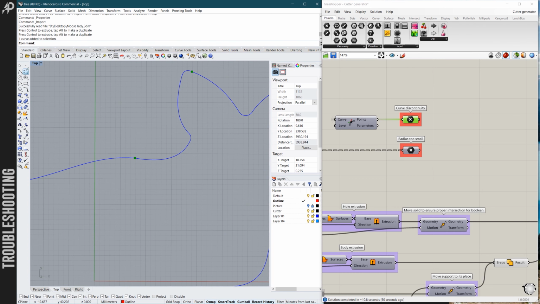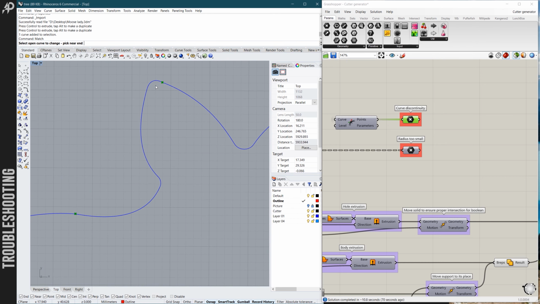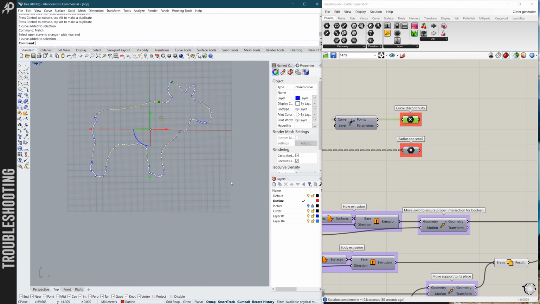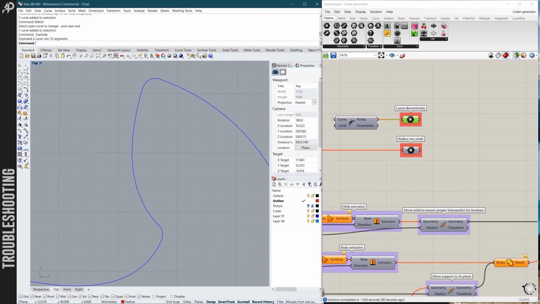I just click in here and use a command. It's called match. Press enter and follow the instructions of the command line. First, we choose the curve that we want to change and pick it near the end. So we just click here. Oh, sorry, I forgot to explode the curve first. So we just explode our geometry, and now we can make repairs. So type in match,